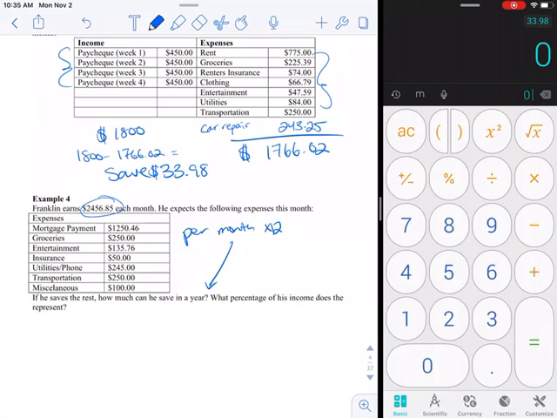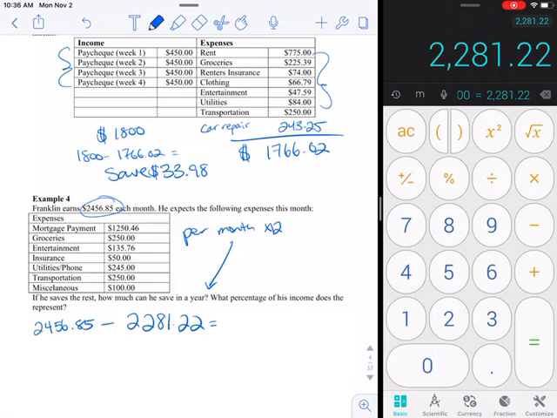All right, so the income is $2,456.85, and we got to figure out how much he's spending. So let's add up all the expenses. So $1,250.46 plus $250 plus $135.76 plus $50 plus $245 plus $250 and $100. So the total here is $2,281.22. So if we subtract all this,